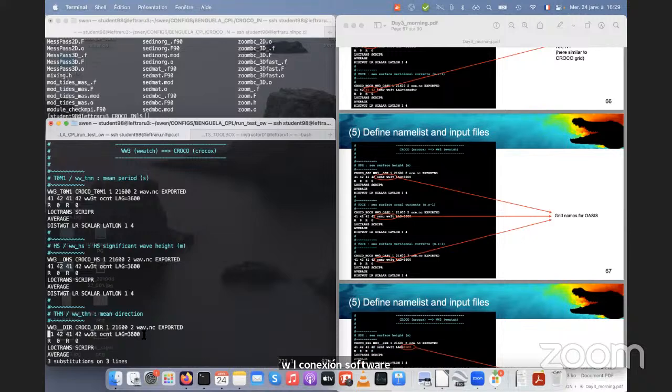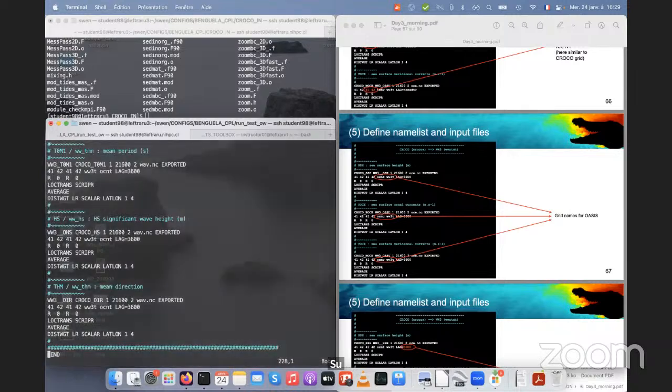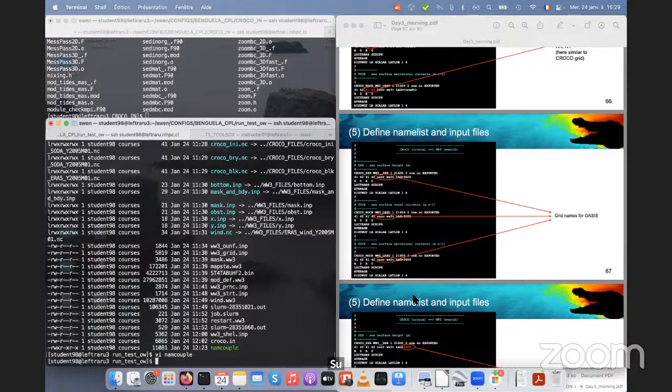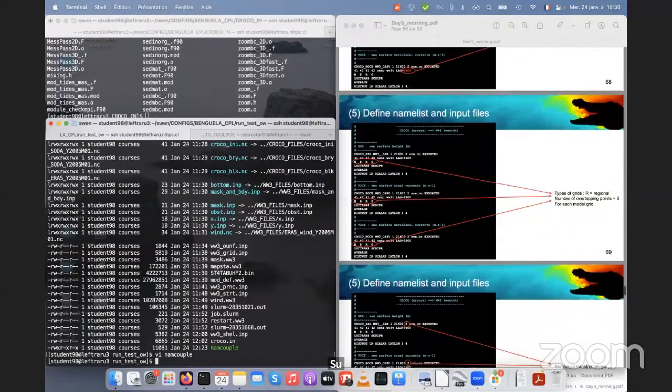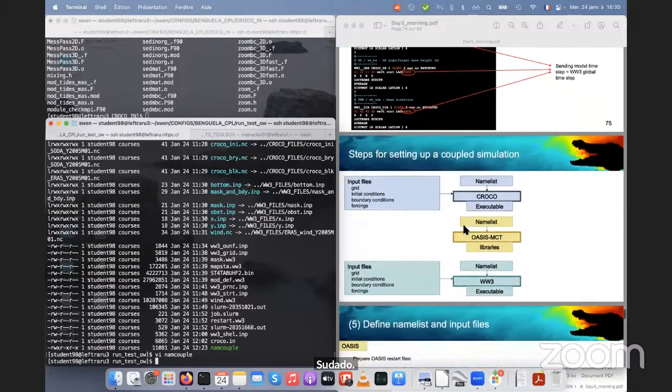So now my 3 variables that I will exchange from WaveWatch to CROCO are set up also. And this is it. I can save. So now I'm moving to ADM. So now I have CROCO setup, WaveWatch setup, Oasis names, but as you can see, I'm still missing Oasis restart